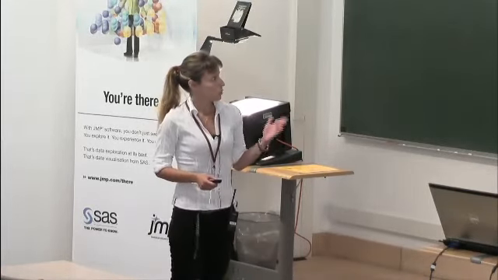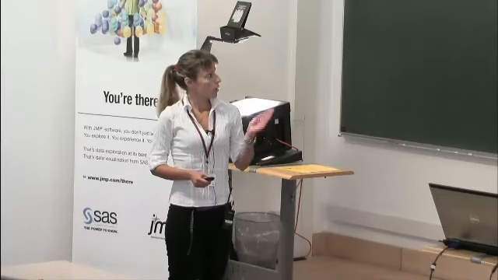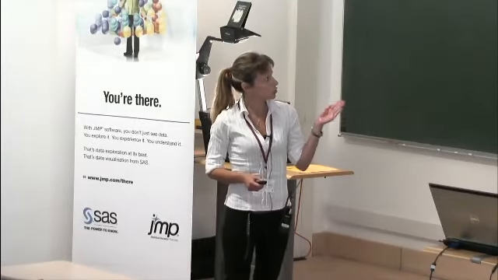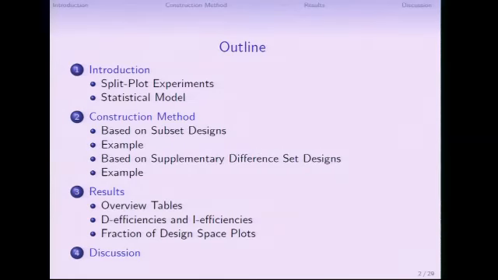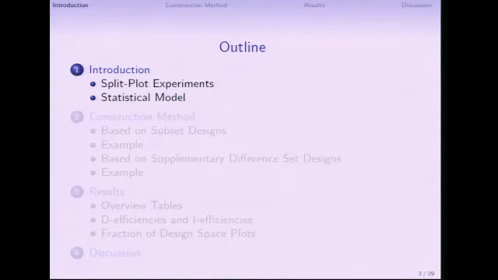We will give two lists with our results. One list contains the designs from subset designs, and the second list contains the designs from supplementary difference set designs. In the lists, we also present the D and I efficiencies of our designs, and for two cases, we will construct the fraction of design space plots. And we will end with some discussion. So now,